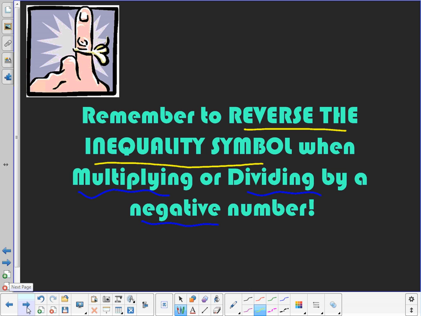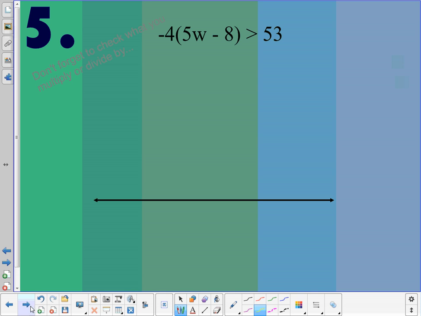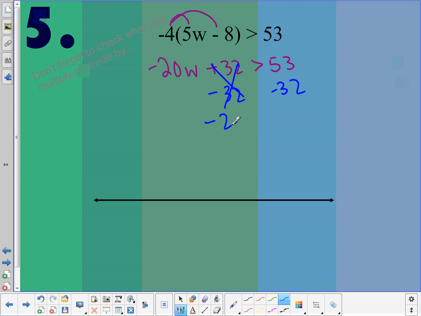All right, so let's flip over to the back and take a look at a few questions there. I'm going to take a look at number 5. In number 5, I need to start with distributing the negative 4. So take the negative 4 and put it into both parts. That's going to give me negative 20w plus 32 is greater than 53. And then again, I still solve like normal. I'm going to subtract the 32 because I have no more like terms to worry about. So this goes away. I'm left with negative 20w is greater than